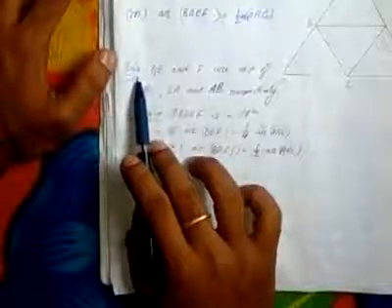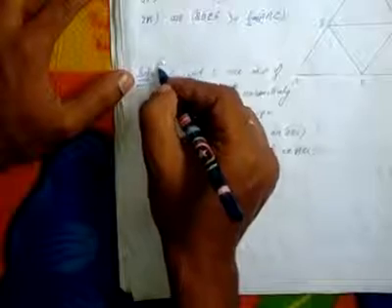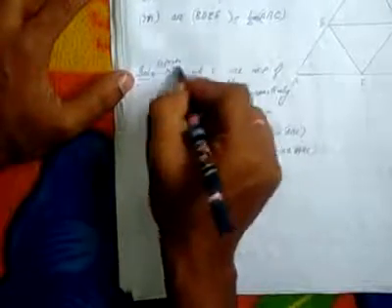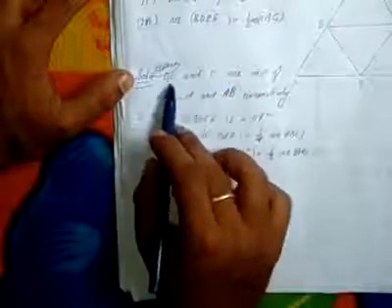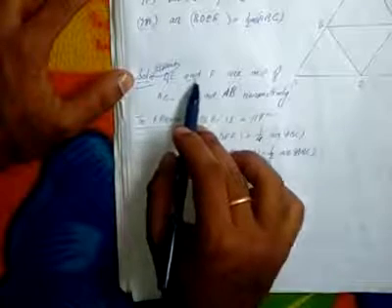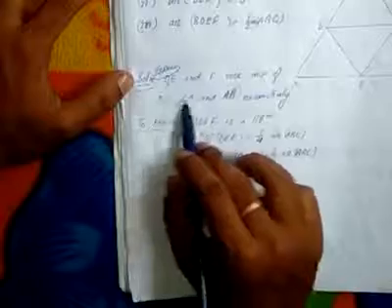Again, let's come to the solution part. In the solution part, what are the things given to us? We have to write here "Given". D, E, and F are the midpoints of the sides BC, CA, and AB respectively. We have to write this line also. Again, "To prove": the same things will come here. This much we have to prove.